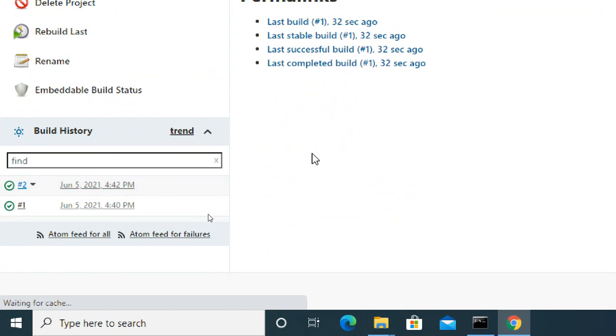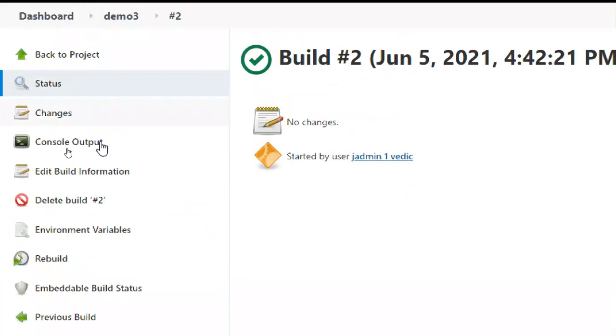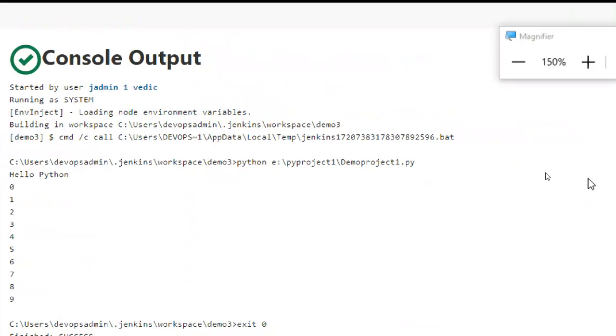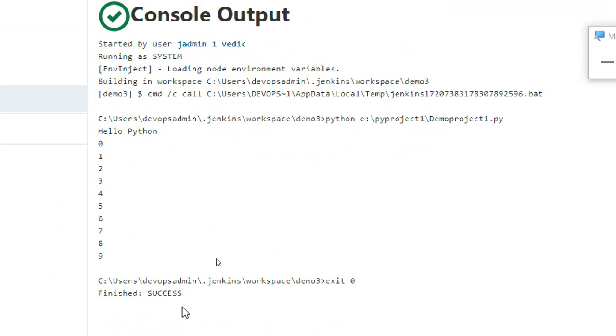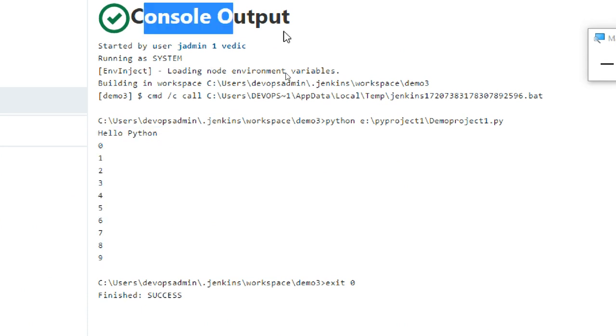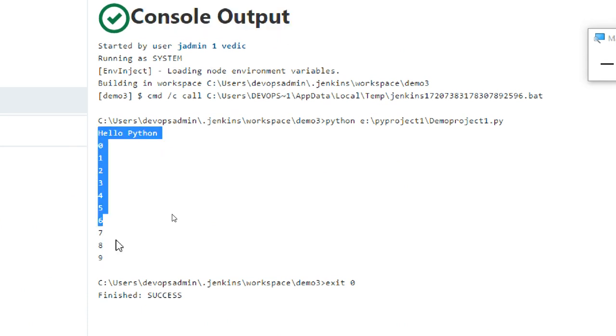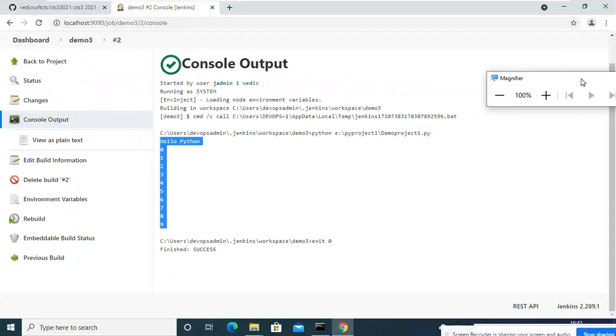Second build is also completed, successful. Build 2 means continuous development, continuous integration. See, I got some output. So just for example. Success or failure, it is not important. What's important is how it is working. For observation, we have to go to console output. Now we got an output. Understand continuous kind of stuff.